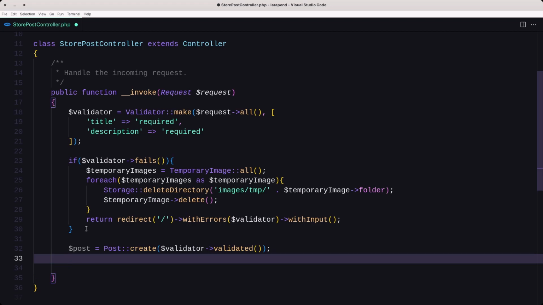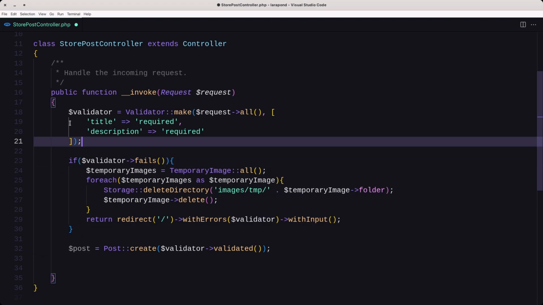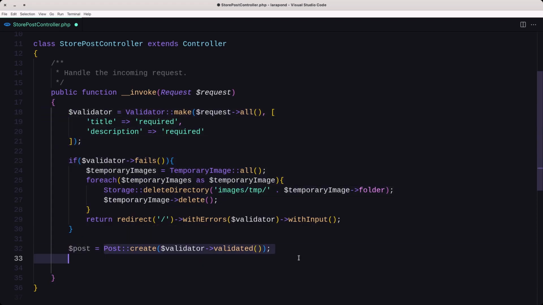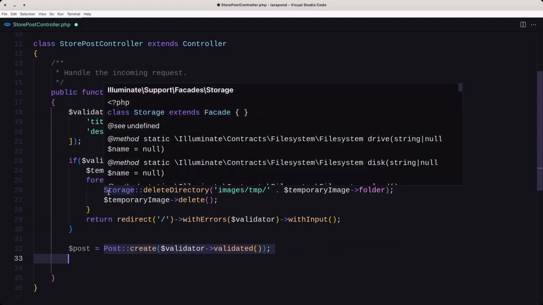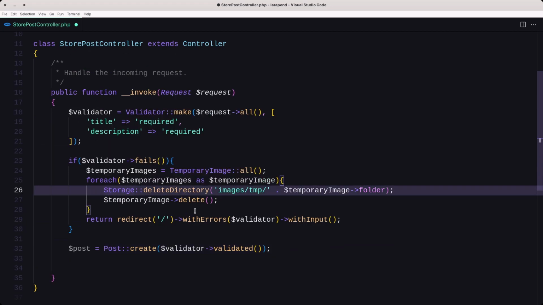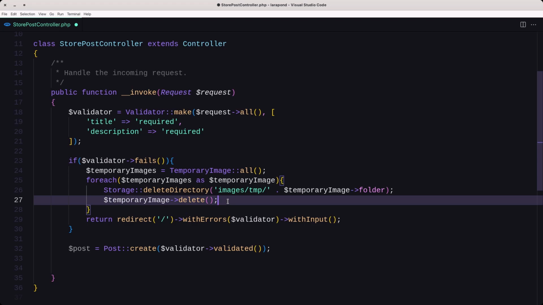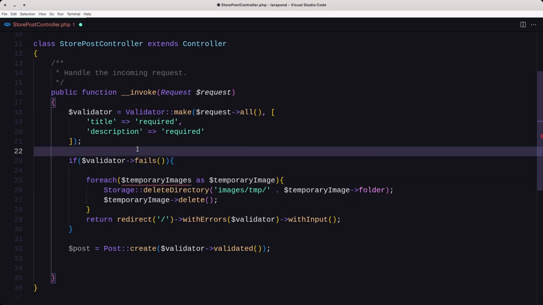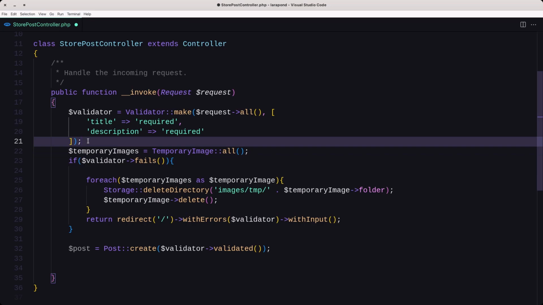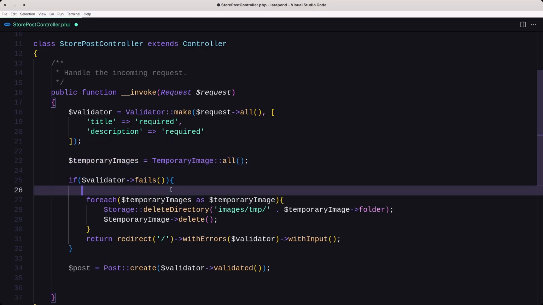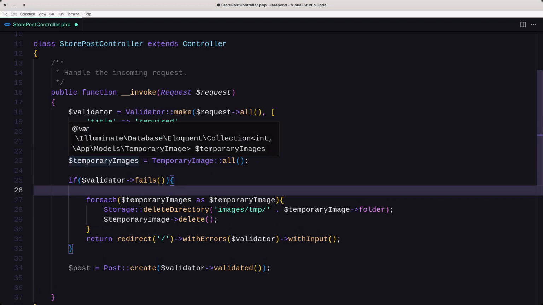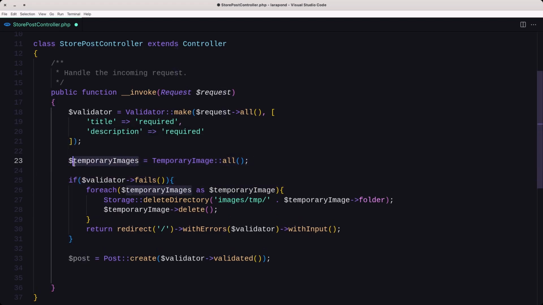we need the, so if this is not failed, so everything works okay, we are going to create the post, and we need to move the files from the temporary directory to the final location, and also from the temporary image to the images database migration. So for that, what I'm going to do, let's just cut this and paste it right here. Because also right now I need all the temporary images, and I'm going to move to the new directory and